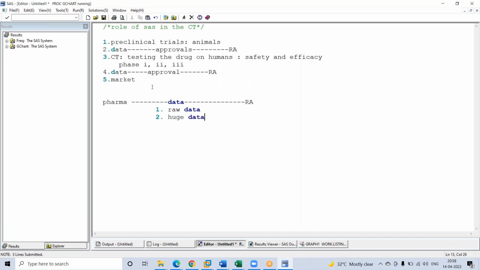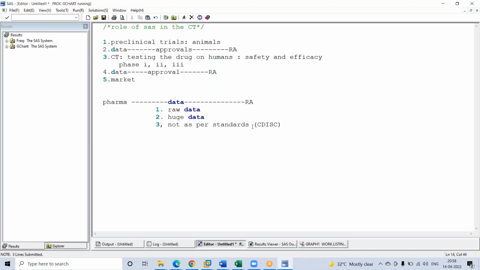The data is huge and not in a standard format. Generally, regulatory authorities request the pharma companies to follow standards. The standards are CDISC,